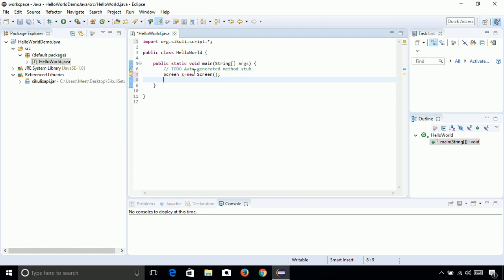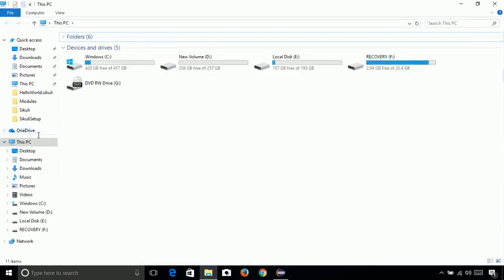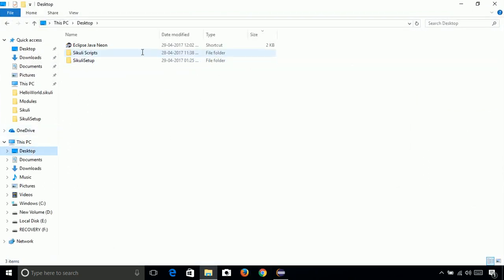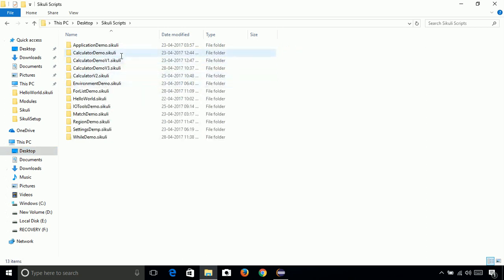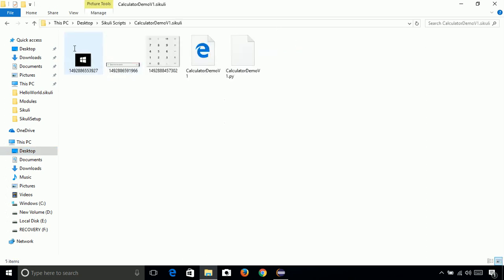But here there is a difference: we first need to take the screenshot of the image, save the image in a folder, and only then can we use that image in our program. So let me copy the images from our previously created script. Let me navigate to the Sikuli scripts. Here we can copy from this calculator demo v1.